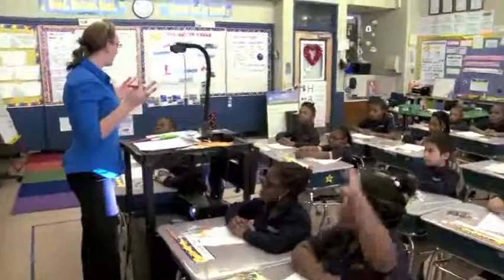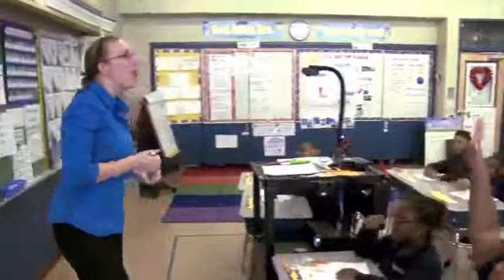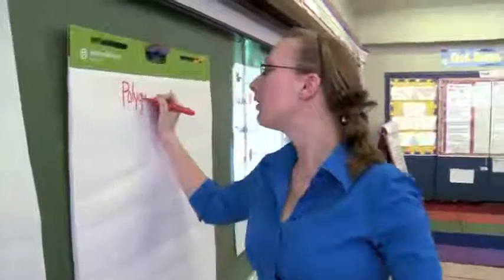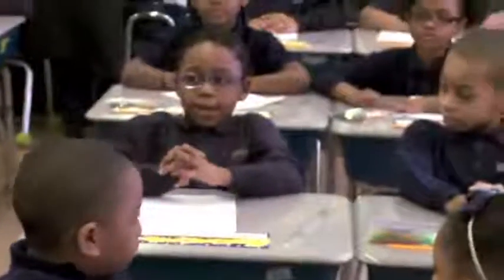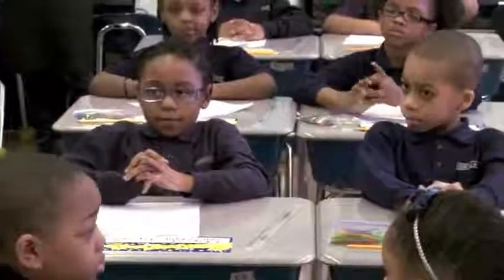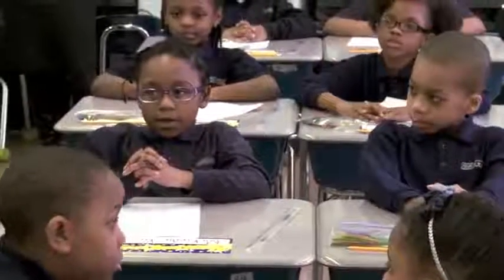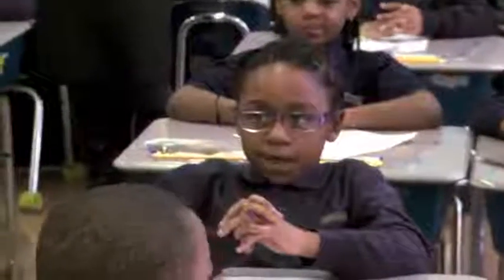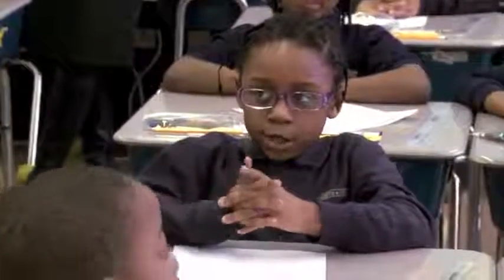First and foremost, I'm noticing that we have some confusion. What must a polygon have? Let's think about what a polygon must have. Michaela, what must a polygon have? A polygon must have a shape that the line segments don't touch each other. Good, so all